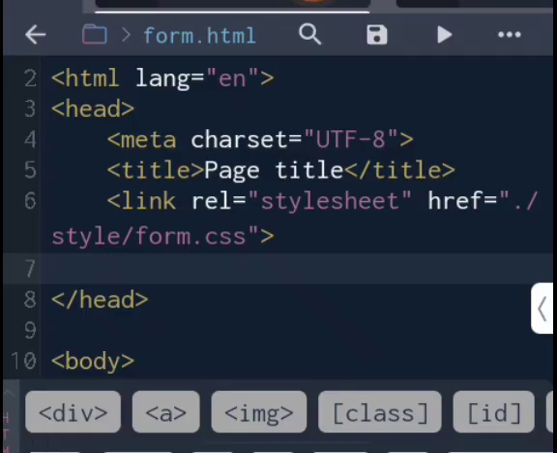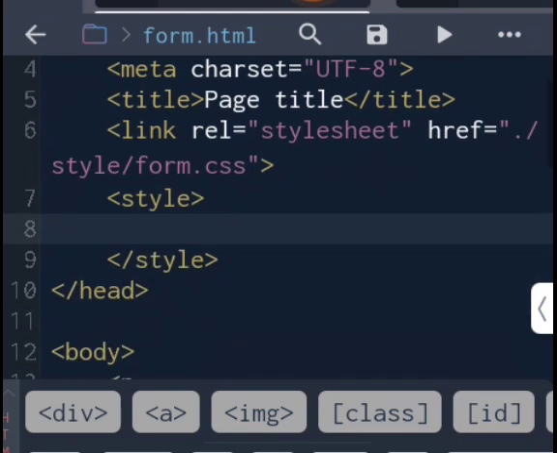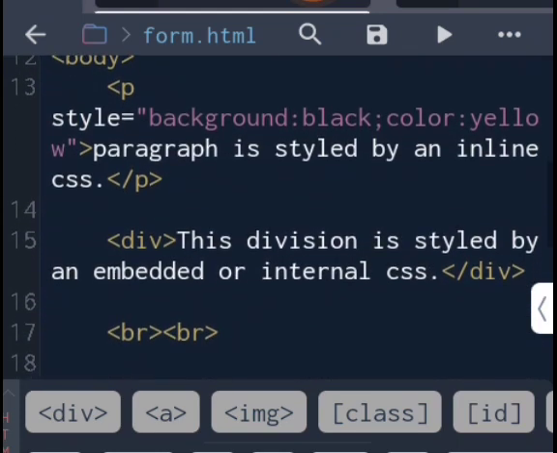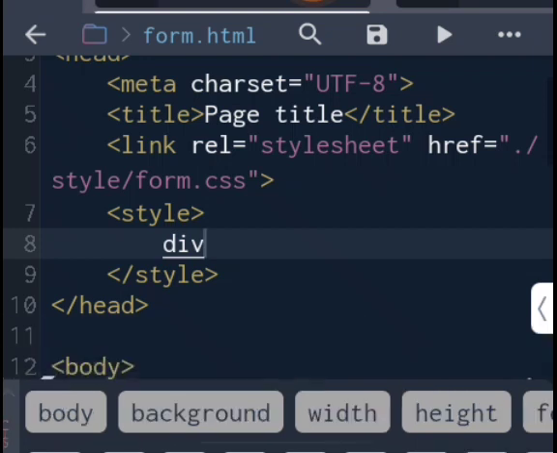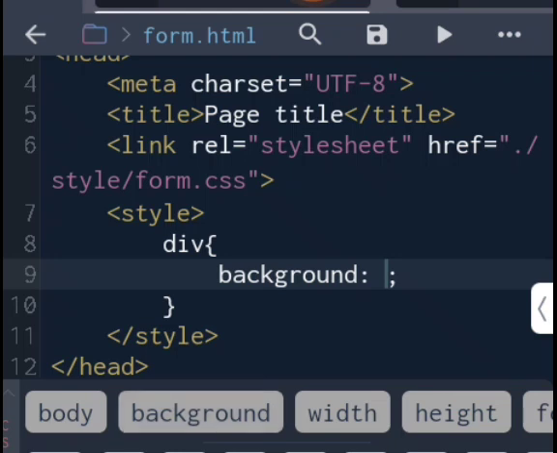Now, next on our list is the embedded or internal CSS. Internal styles are defined within the style element inside the head section of an HTML page. That is, inside this head section, you just put a style tag, then you want to target this division. So to do that, we just put a div, and we give it a background color of blue,